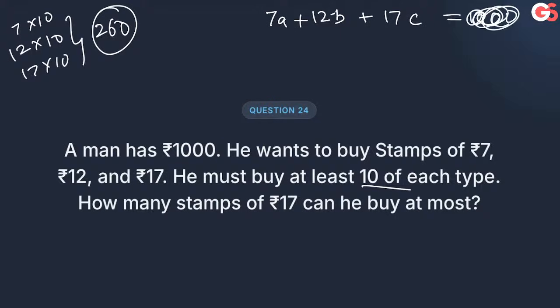सो he has bought actually A plus 10 stamps of rupees 7, B plus 10 stamps of rupees 12, C plus 10 stamps of rupees 17। Okay, 260 is already gone, so remaining is 740। Now you can calculate जो भी आंसर आएगा उसमें 10 ऐड कर देना, थोड़ा इससे जल्दी हो जाएगा। Do you understand everyone? Clear? This will be helping us। 17 को मैक्सिमाइज करना है, मतलब 7 और 12 को मिनिमाइज करना है।